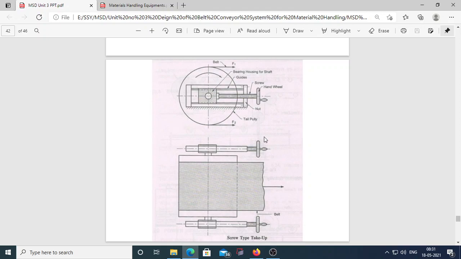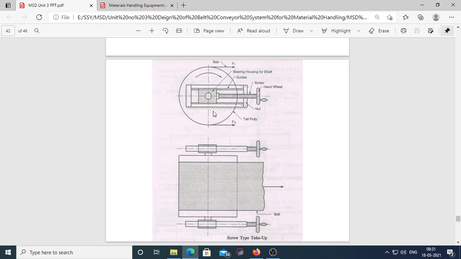They maintain the adequate tension in the belt to transmit the mechanical power from the drive pulley to the belt without slipping under all operating conditions.